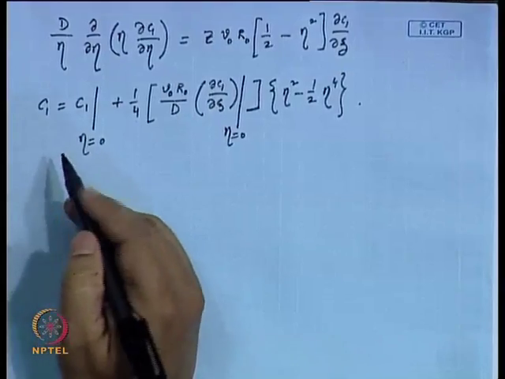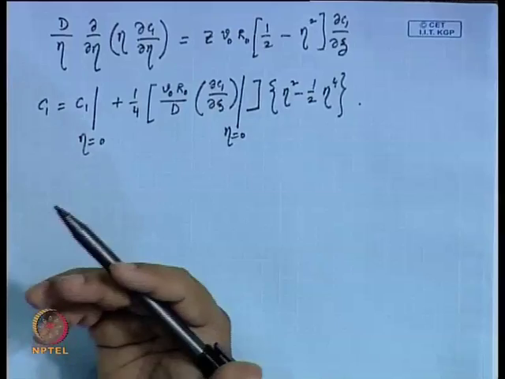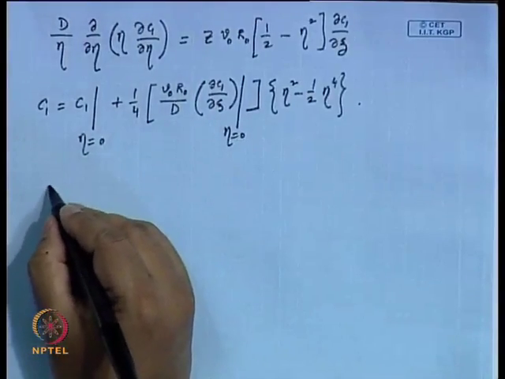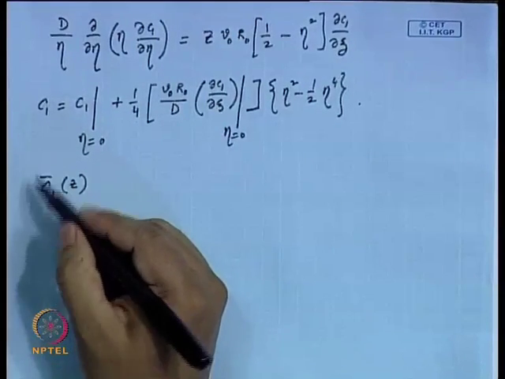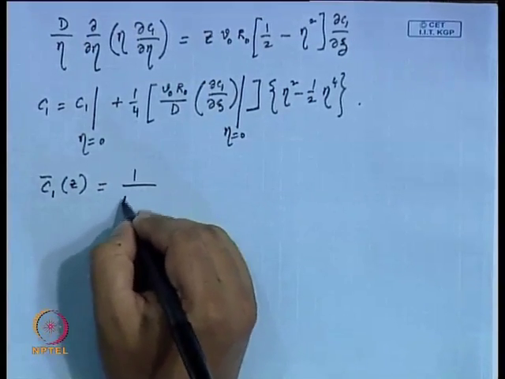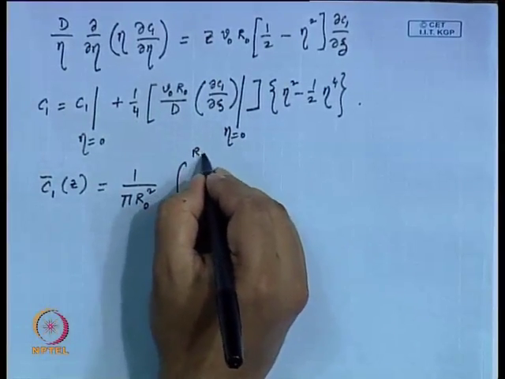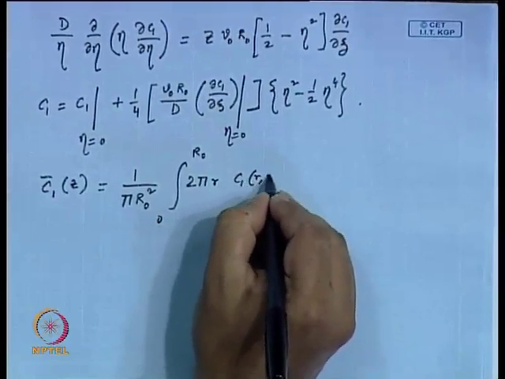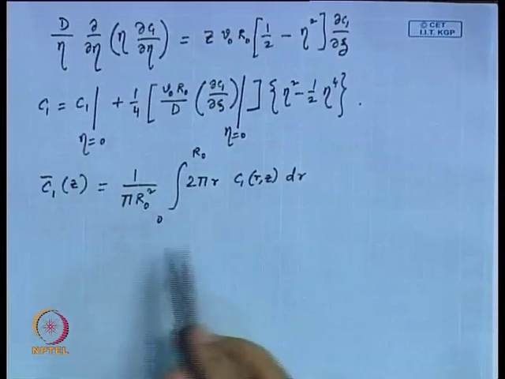average concentration, because this C1 as a function of r and z does not make any sense, because you are not going to measure it with reference to r, neither are you going to express it. So, what you are interested in is something called C1 bar z only. So, it is averaged over the entire cross section, and that would be equal to 1 by pi r0 square integration 0 to r0 2 pi r C1 as a function of r z dr. So, basically you are picking up an annular element,